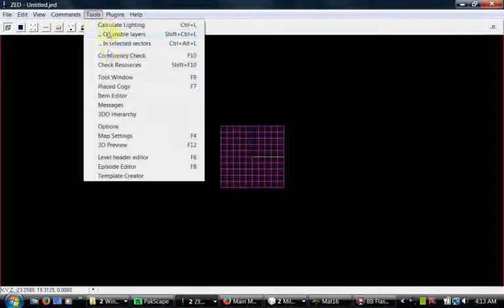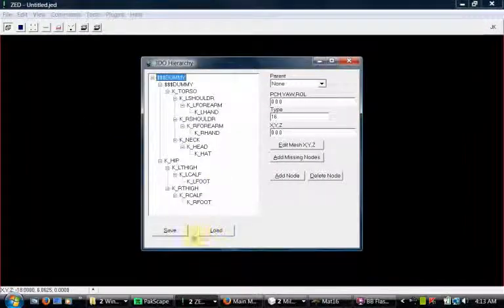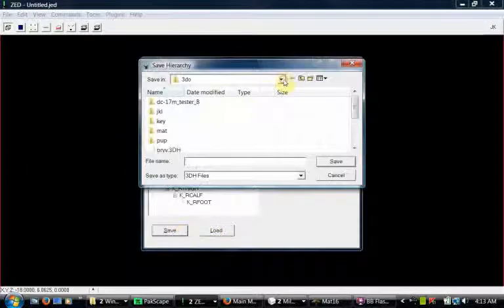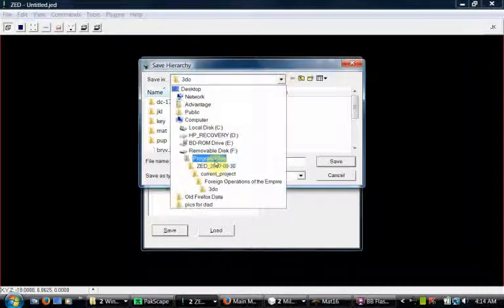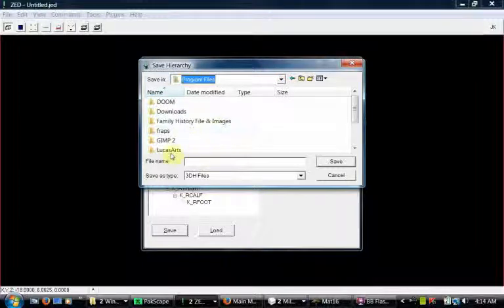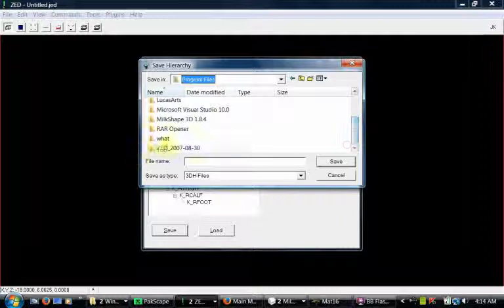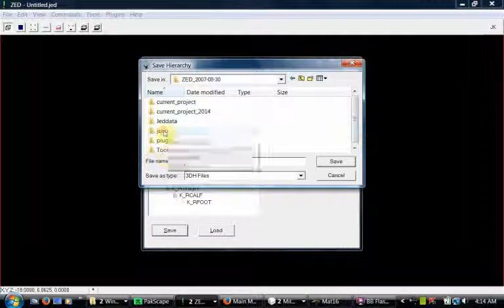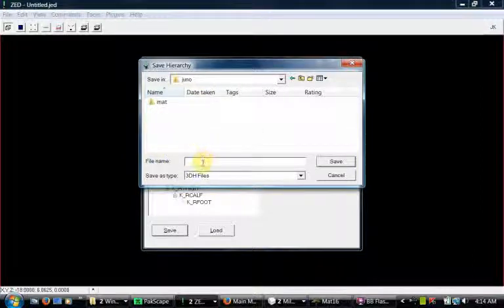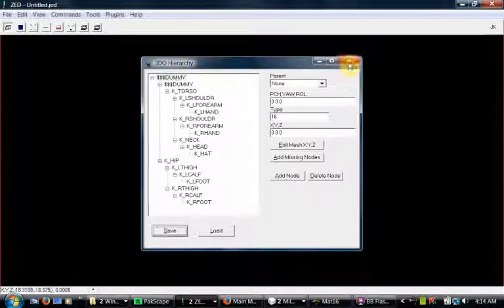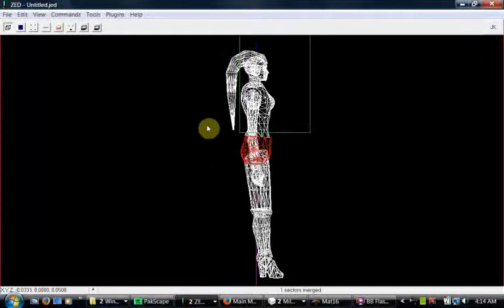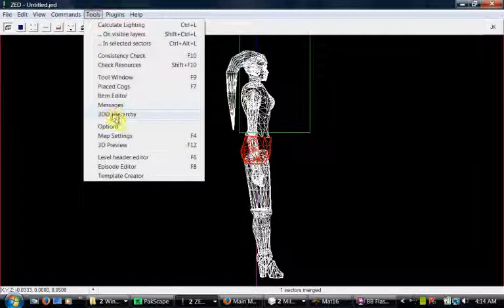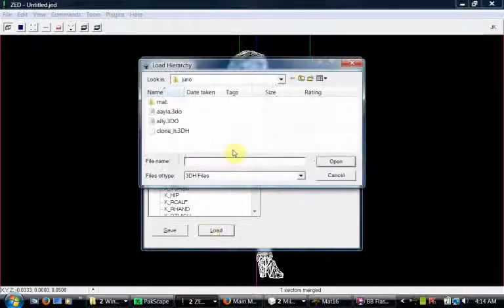Go to tools, 3D hierarchy and click save, and we'll go back to program files and go to the Juno folder. We'll just name it clone H. Alright, and then we go back to this first one, 3D hierarchy, go load,